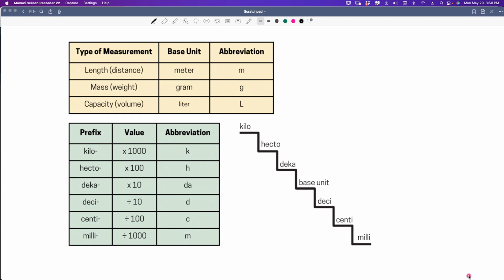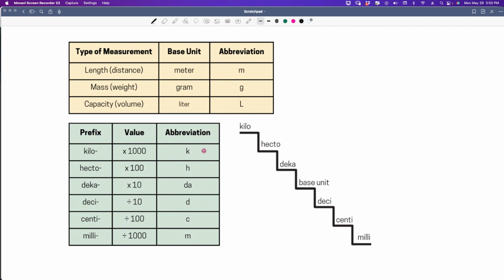We're talking about the international system, also known as the metric system. Now you might prefer the customary system because it's the one that you're used to using every day, but really the metric system is extremely easy to use because there is only one unit of measure for each type of measurement. You have meters for length, grams for mass or weight, and liters for capacity or volume. And they each have their own little letter, lowercase m for meters, lowercase g for gram, and a capital